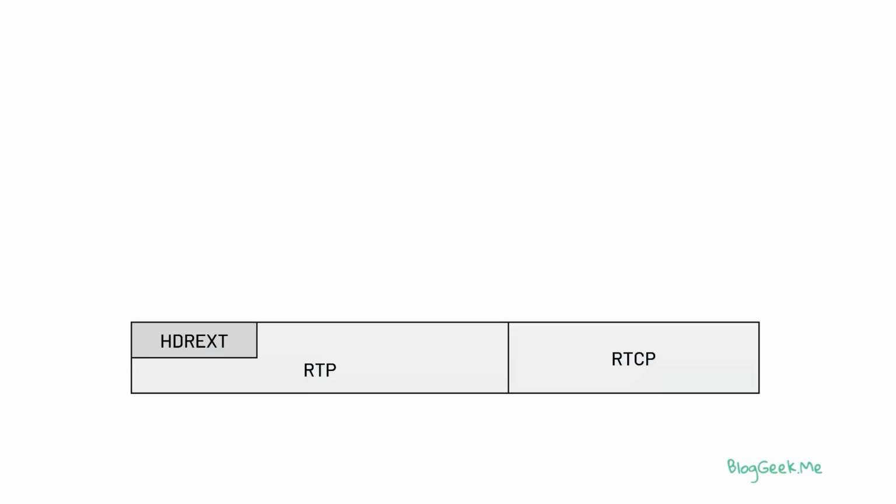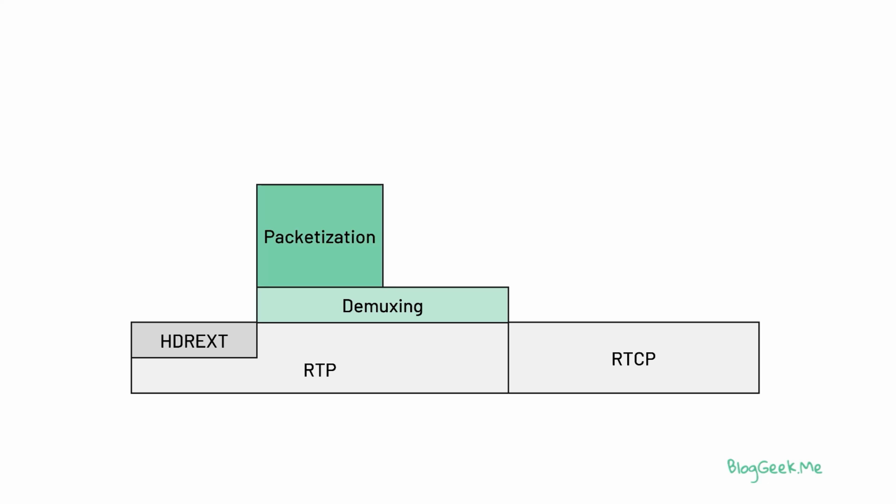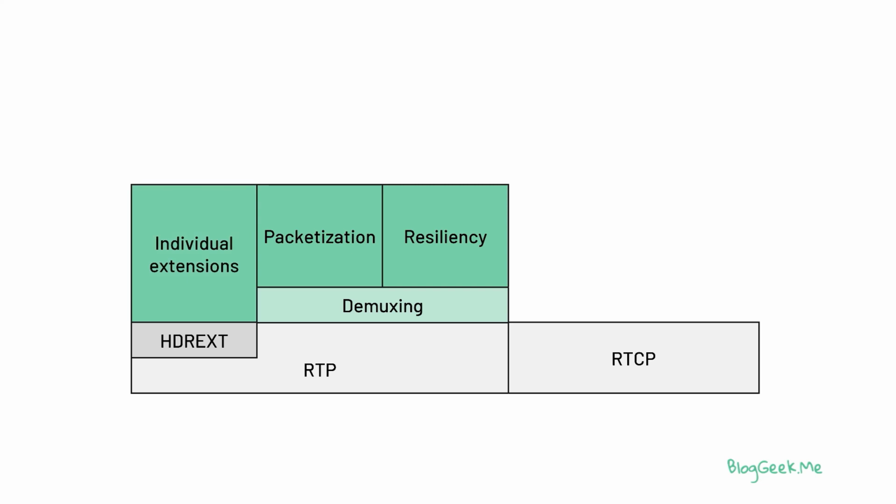But now we're moving up a bit in the stack. When we're looking at RTP, we're looking at demultiplexing multiple RTP streams in the same RTP session and how to tell which RTP packet is associated with what sender and receiver. We're looking at how video frames get packetized by RTP, how resiliency mechanisms like negative acknowledgement or forward error correction work. We're looking at the individual RTP header extensions that are used in WebRTC and their semantics and how they